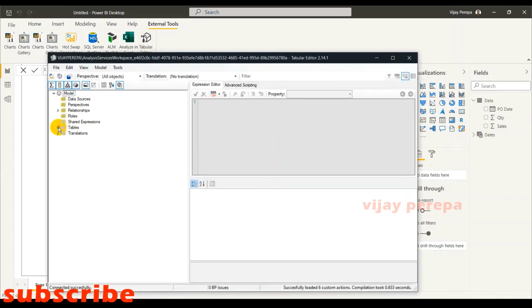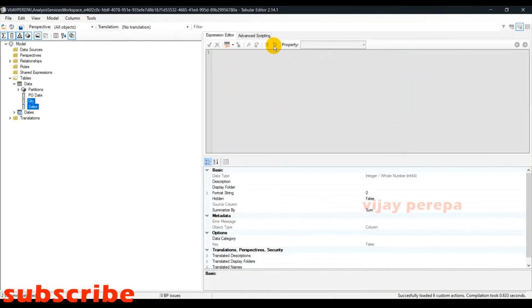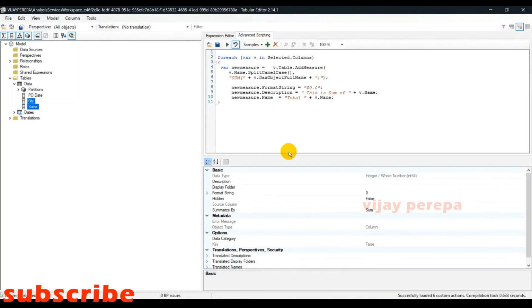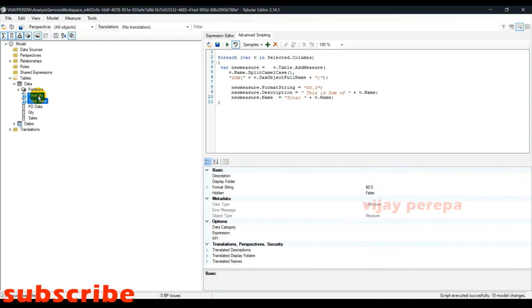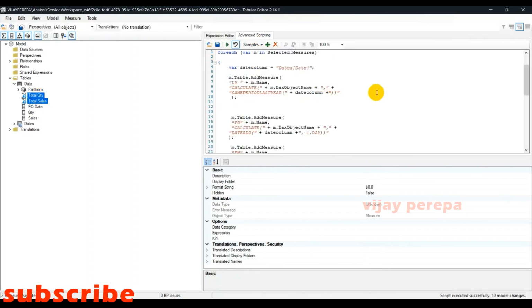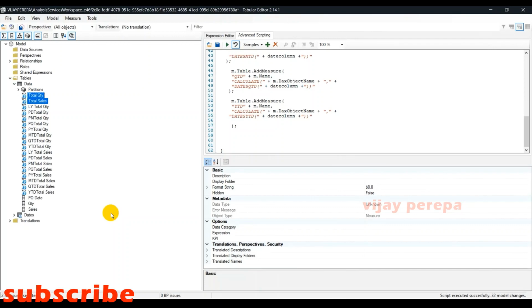And then let me access the table and go to the data and select quantity and sales. These are the 2 columns where I need to create the sum. Let me expand it, go to Advanced Scripting, go to Samples, Custom and Sum functions. I've selected quantity and sales, and let me run this code. So I have total quantity, total sales, a little different. Now let me select these 2 measures. Now let me open the samples and select YouTube action. Now you have all the measures, and just run. All the measures are created.